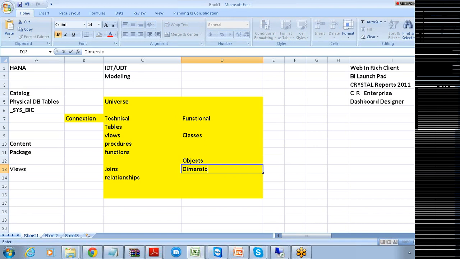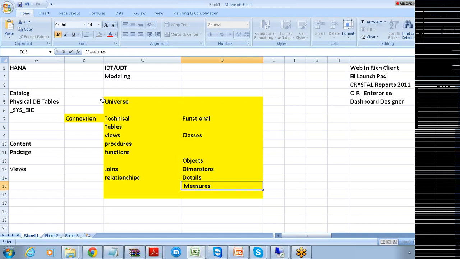Dimensions, details, and measures. These are the things expected to be displayed in this reporting piece. Using this, the reporting is created here.